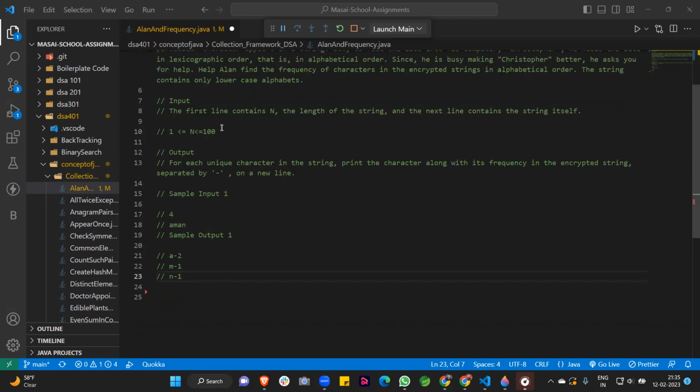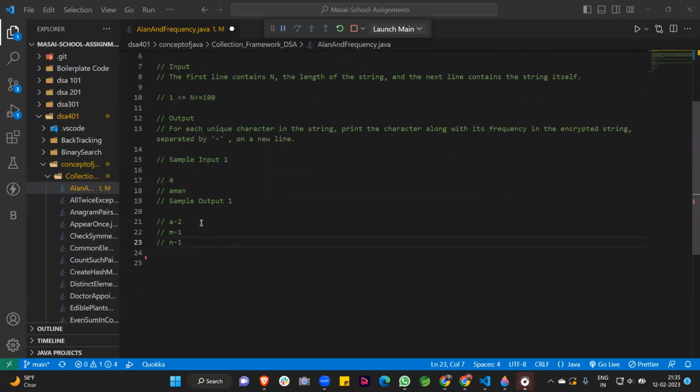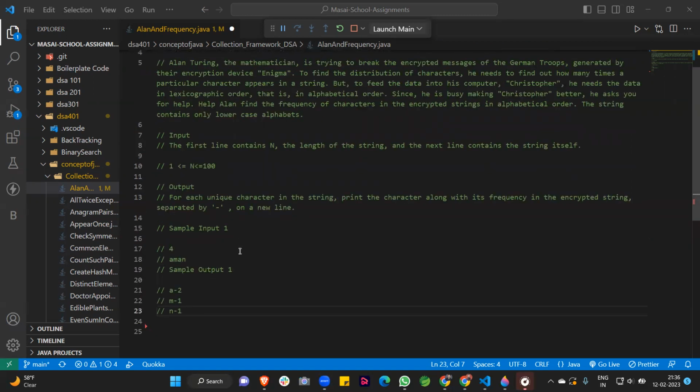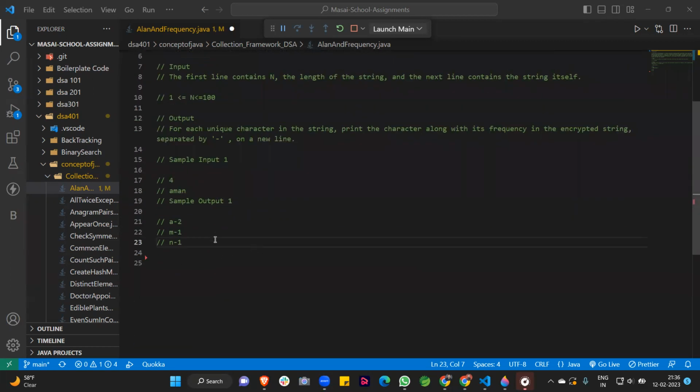So guys, in this question, you can see here in the input test cases, first of all, in the first line, there is four. It means the length of the string is four, like AMAN, Aman. It may be different, so the output is according to it. You can see here the A appears first of all, so we return the A first. Then the occurrence of the A key is two times, A and A. Then A is 2, M is 1, and N is 1. So the main thing in this question is we rearrange it in alphabetical order, lexicographical order.